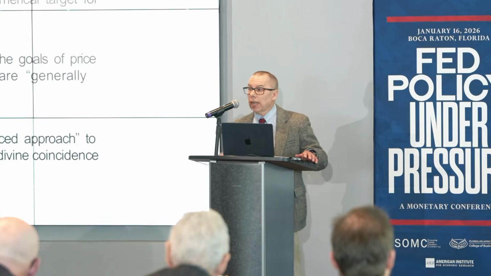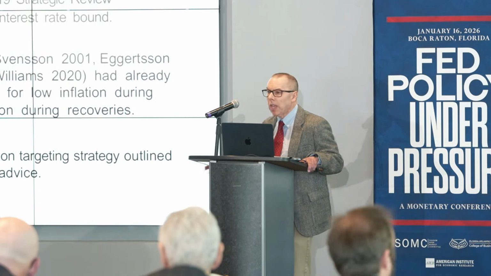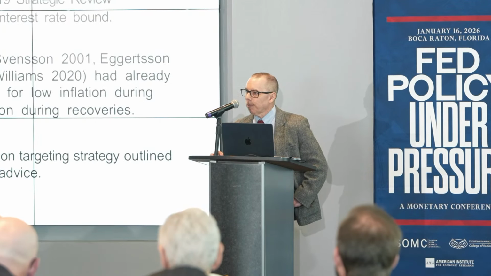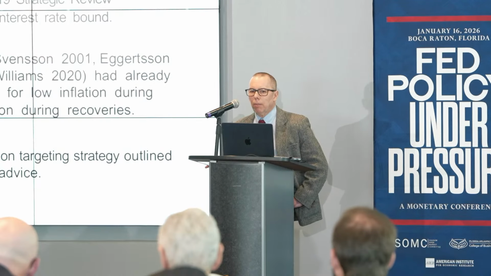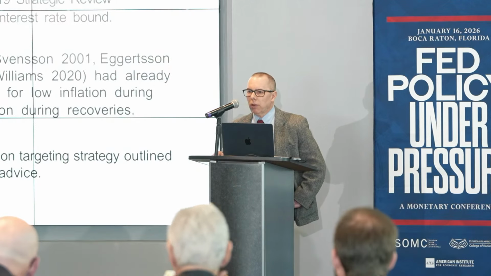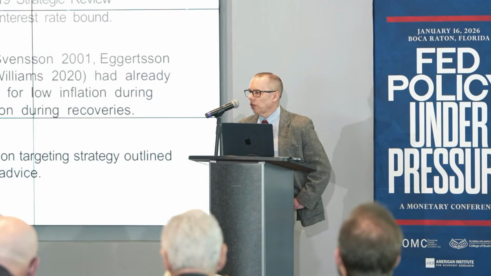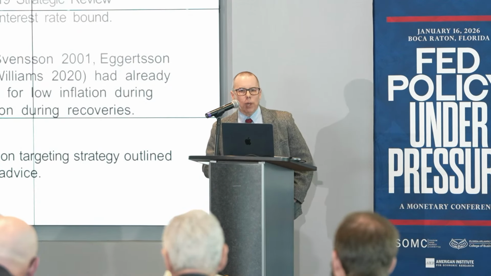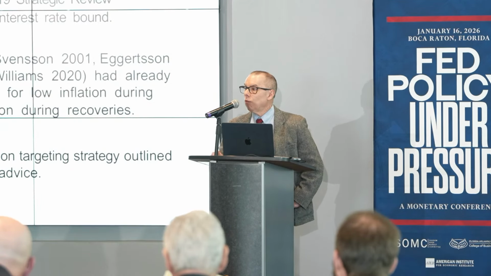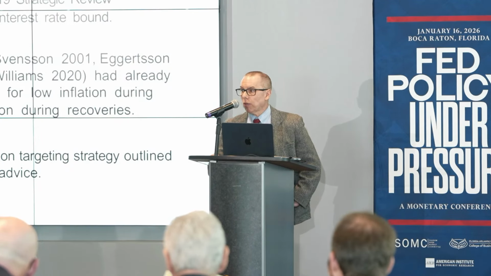So if everything started out so well, where, when, how, why did things go off track in the years since then? Well, this part of the story we're all familiar with because we just finished living through it. In 2019, the FOMC conducted a major strategic review that culminated in 2020, the year after, with the release of a heavily amended strategy statement introducing flexible average inflation targeting. On the surface, flexible average inflation targeting appeared as a perfectly reasonable solution to a very real monetary policy problem, namely the problem of the zero lower interest rate bound.